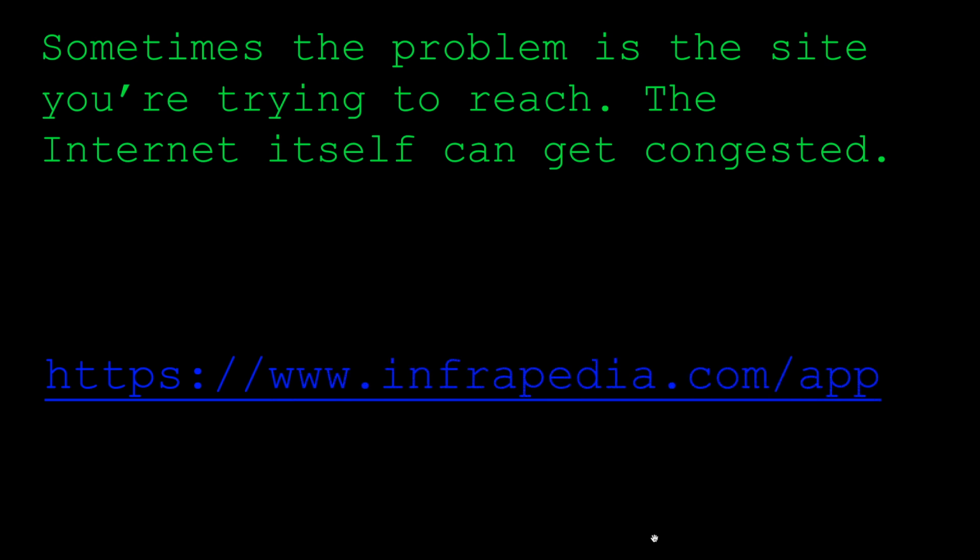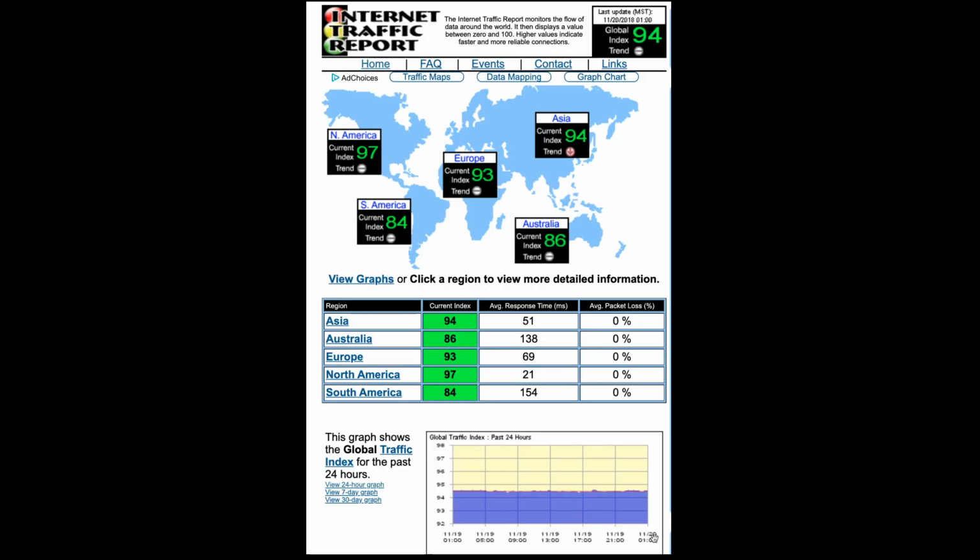But then sometimes the internet itself can get congested. There's websites like the Internet Traffic Report that just sort of give you, well, what's the condition of the internet today? And you can look up the Internet Traffic Report, sort of see, yeah, it's not running so well today. And in fact, like during COVID-19, there's been a lot of sluggish internet issues all over as everyone has taken to telecommuting and video conferencing.